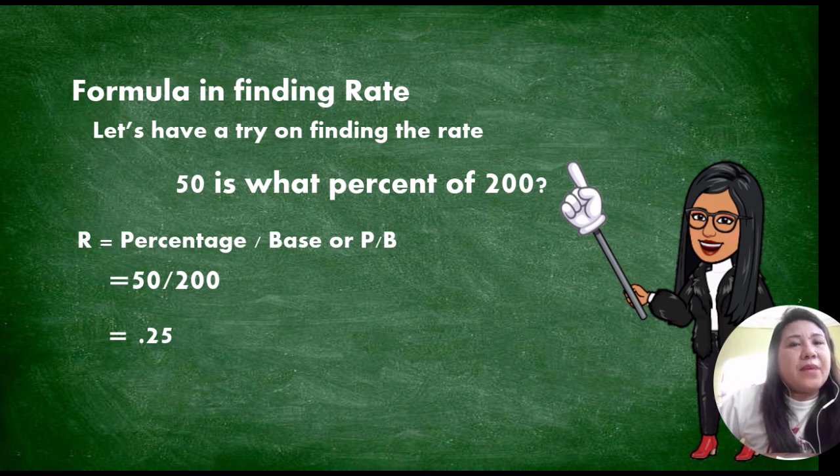So meaning, if we have the decimal value 0.25, what are we going to do to make it in